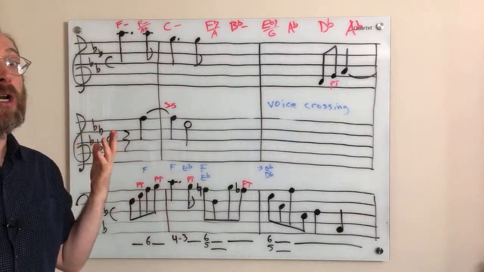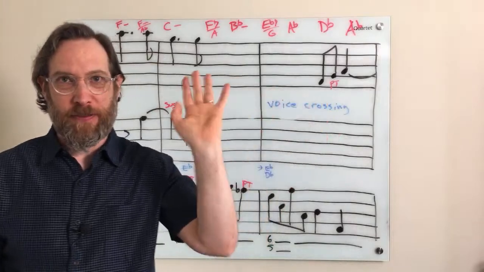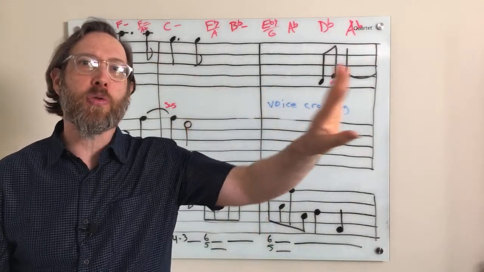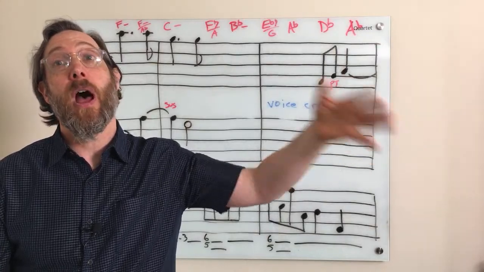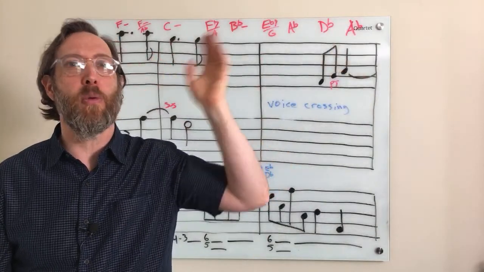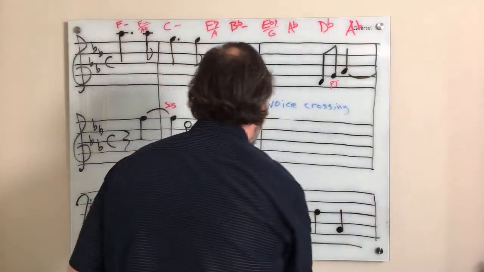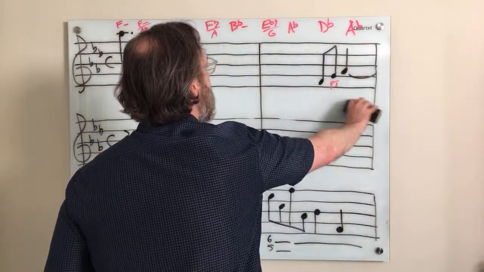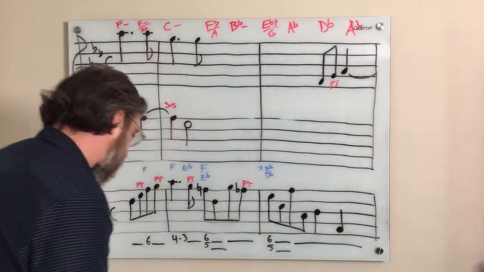So as we're composing, we want to say, listen, that rule that we've studied hard, that's one of those rules that we can find an exception to, and this is one of the places we're going to do it. Otherwise, you'll spend so much time trying to do it without voice crossing, it's going to make your life so much harder. All right, so voice crossing is on the menu. Alrighty, so